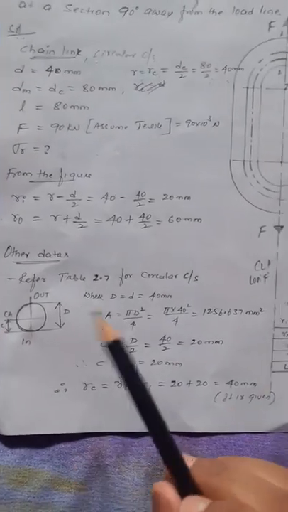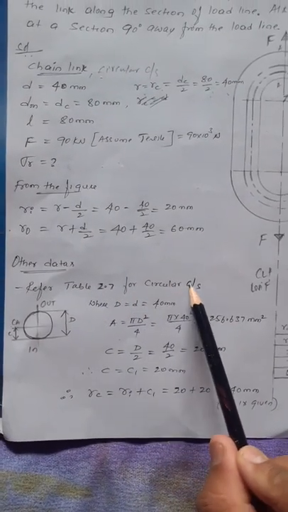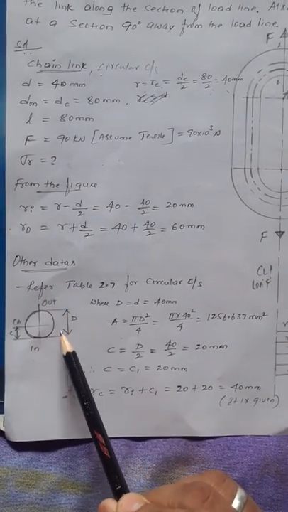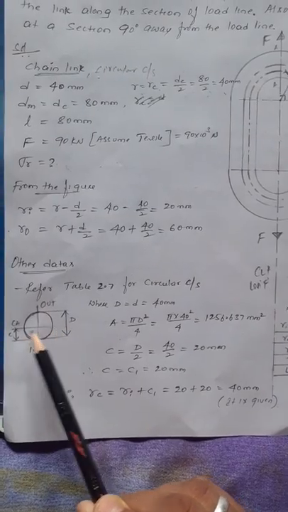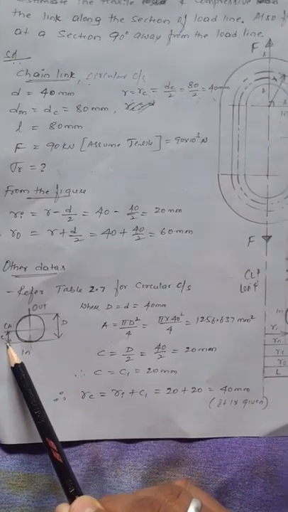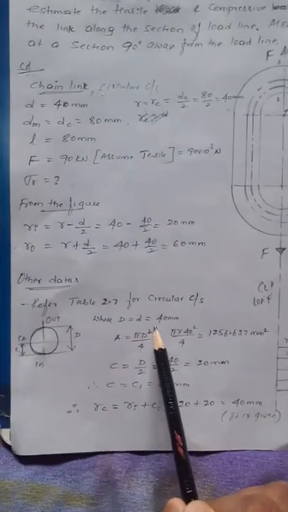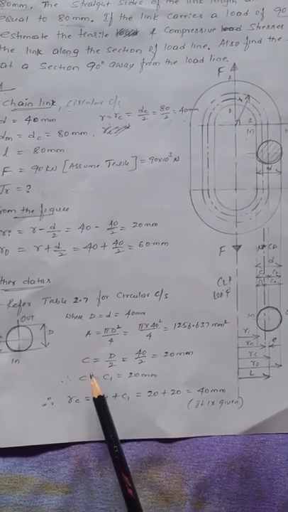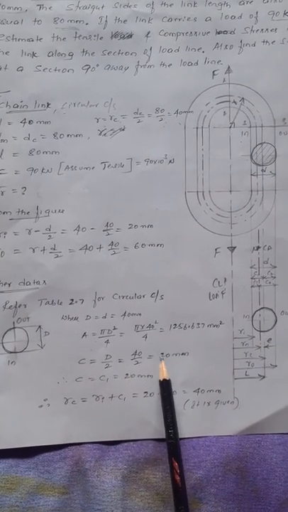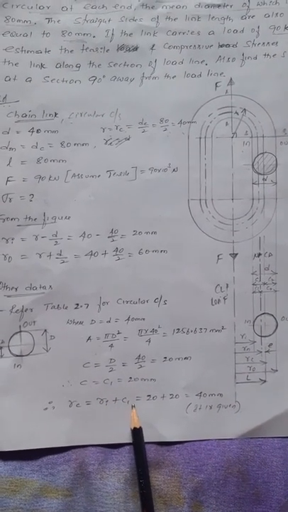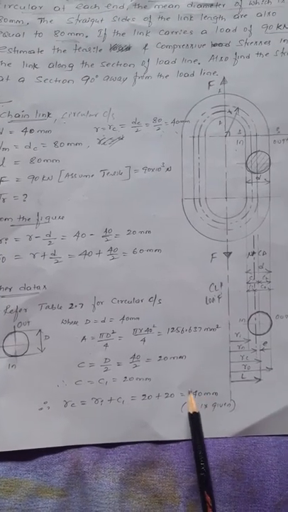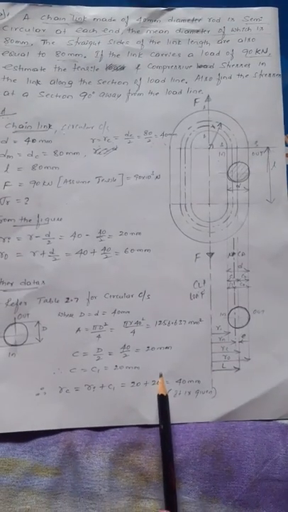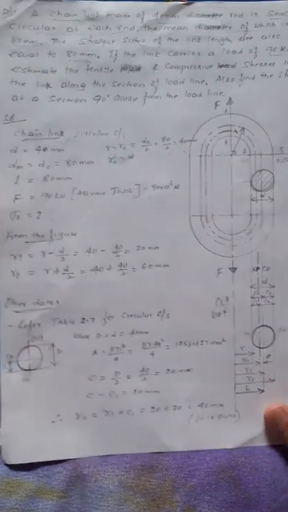How to get other data? By referring to table 2.7 for circular cross section. Read out the cross section: inner fiber, outer fiber. The diameter of the cross section is D. The centroidal axis is Ca. Then the distance from the inner fiber to the central axis is C, where capital D is nothing but small d here, 40 mm. Then calculate the cross sectional area. Then C is equal to C1. You get 20 mm. Then RC is equal to Ra plus C1, then you get 40 mm. All D is given, that is equal to R, right? For verification, just once again calculate it.